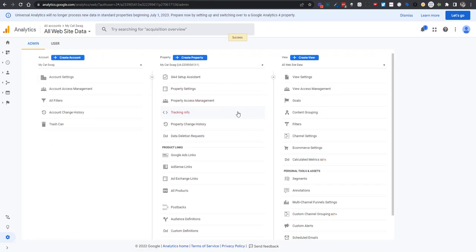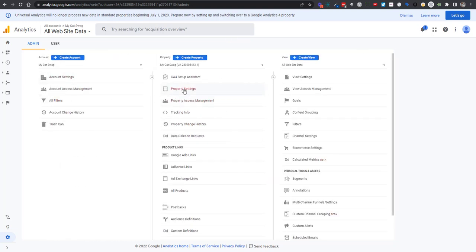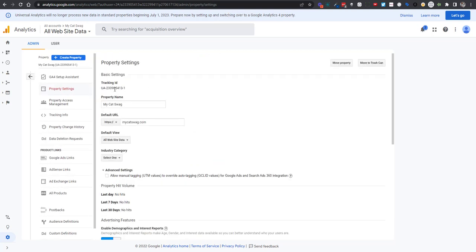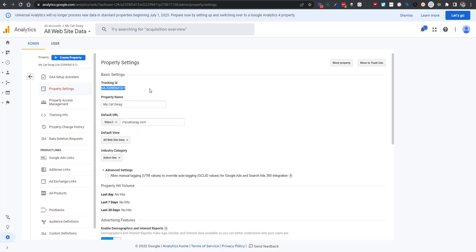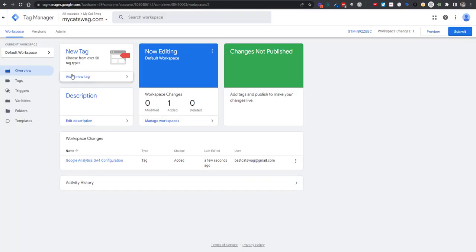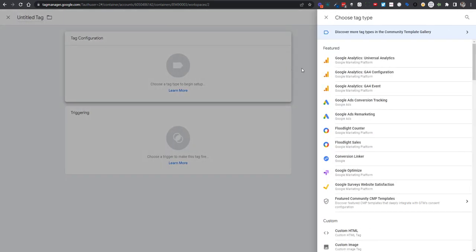And now if we go back, you can enable one last step, enable e-commerce settings, and we can turn that on. Once you enable it, you can hit save. Once you've clicked save, let's go back here and then click on property settings and grab this tracking ID. So once you copy that tracking ID, let's now go into Google Tag Manager and let's set up a new tag. Click on tag configuration, and now let's choose universal analytics,